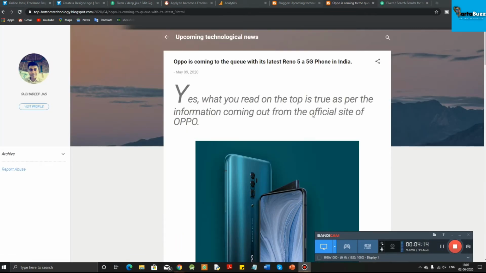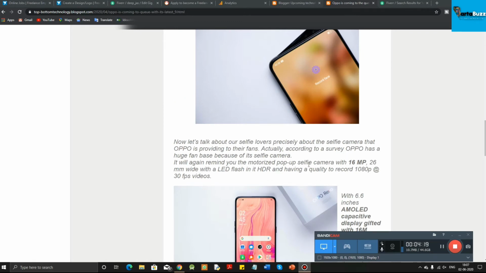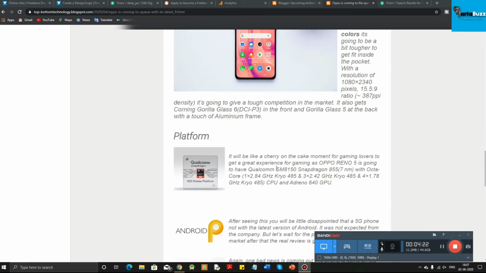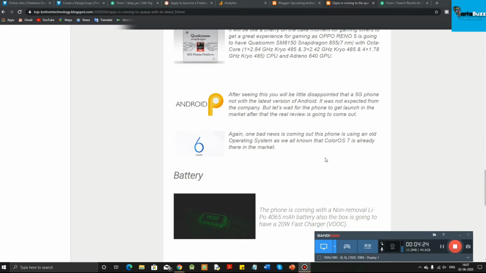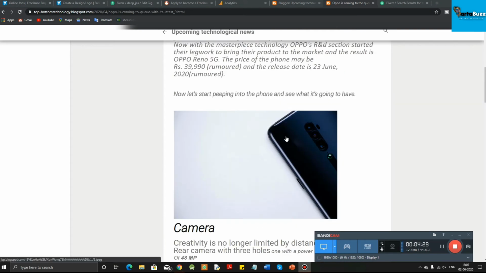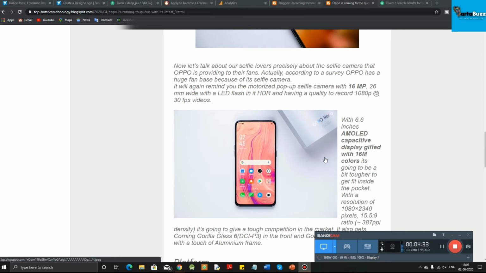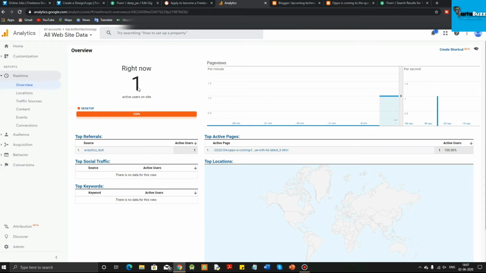Now when we are reading some article and spending some time, don't just click it and go to the analytics page to see whether you have got a user or not. Just spend a little amount of time, I mean at least 10 to 20 seconds, on that particular page or post, or on different posts. Right now if you go to the analytics page, I think you will see 2. So if you refresh it, let's see whether it's showing 2 or right now it's showing 1.